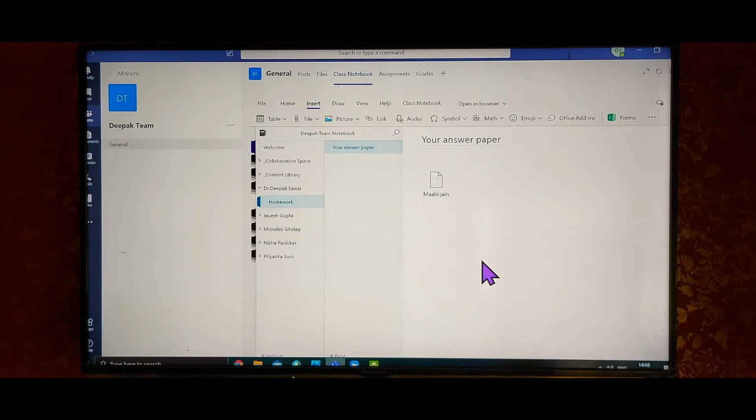So for every child, we have to go to that child's name, click on the arrow. It will take a little bit of time depending upon the size of the file.